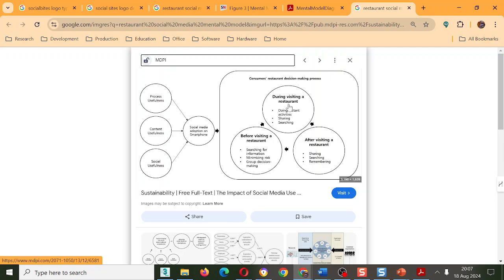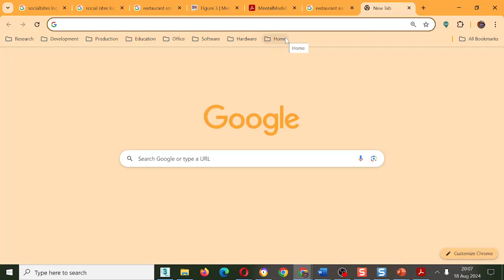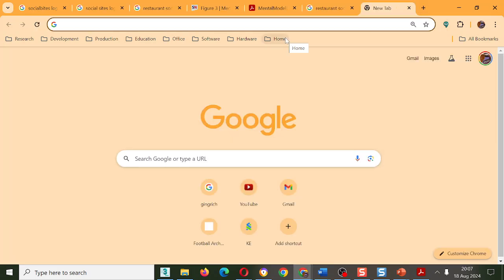From the website, there would be an arrow going out. You have to divide your website. The website would have a section for display of menus, and then a section for ordering. The display of menus would be connected directly to social media. But the ordering section will be connected to the restaurant, to the restaurant's ordering section.